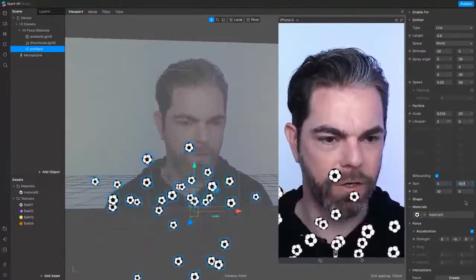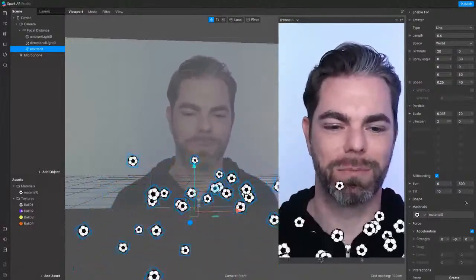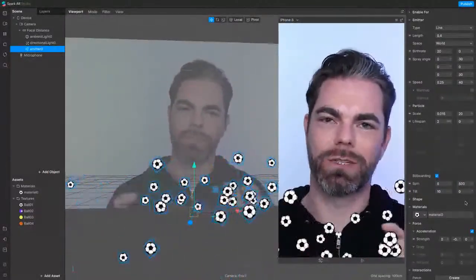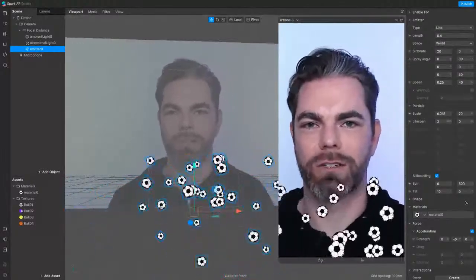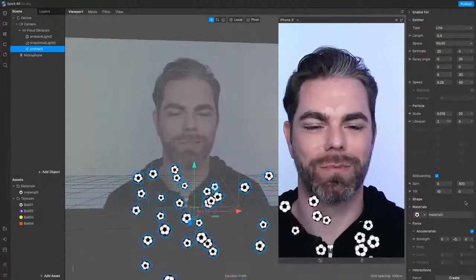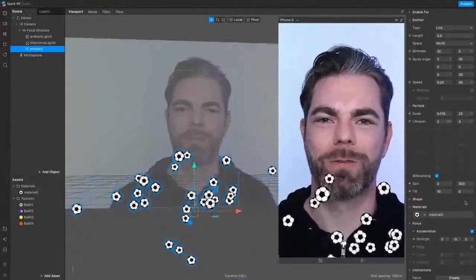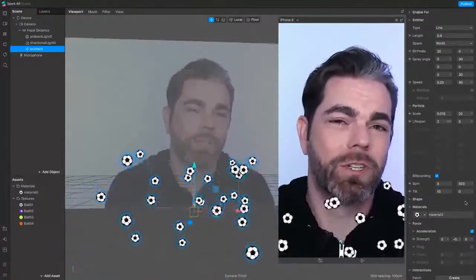And we then have a random variation that we want to add. I'm going to put 500 degrees per second of potential random variation to the spin. And so now you can see all the balls are spinning in different directions. Some are going counterclockwise, some are going clockwise, and at all different variations of speed in between. And so we now have a much more lively, much more exciting effect that someone could perhaps use to communicate